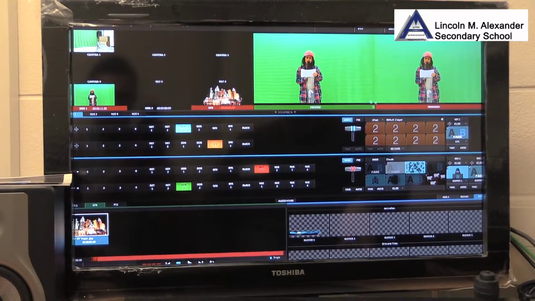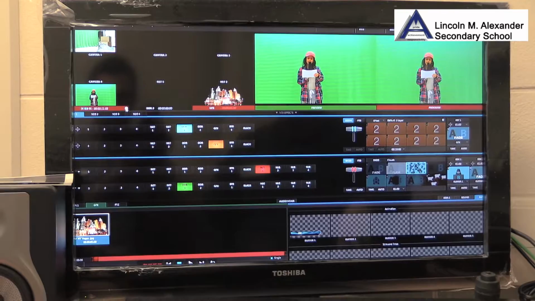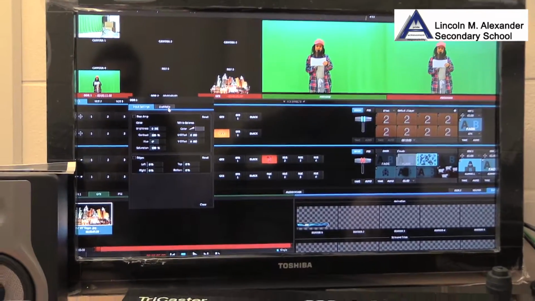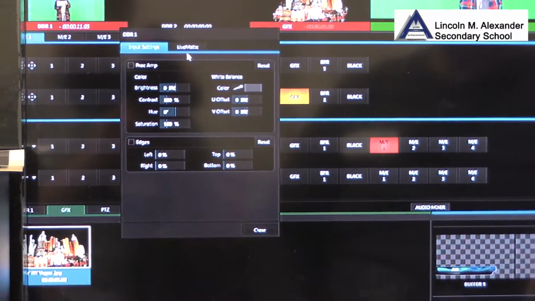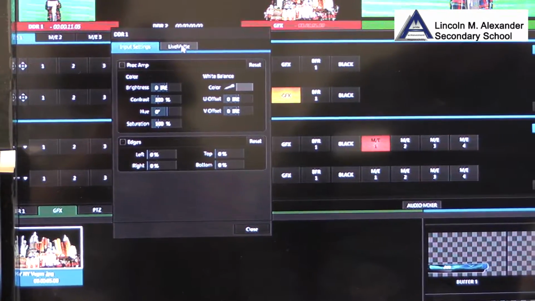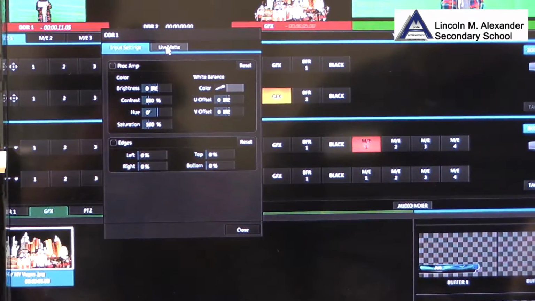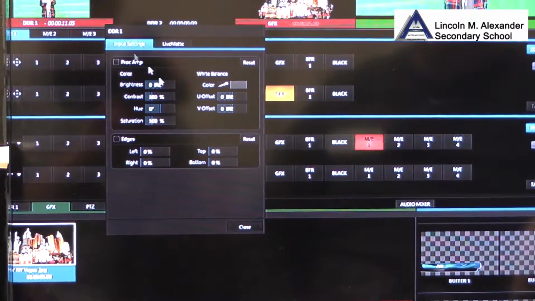However, you see nothing's happening. That's because we now need to go into that source, DDR, and we need to go to what's called live mat. Now you can have a live mat for DDRs, you can have a live mat for any of your sources. And live mat means chroma key. Mat is a cutout, just like chroma key. Chroma key is a TV industry name. So you're gonna go to the gear,